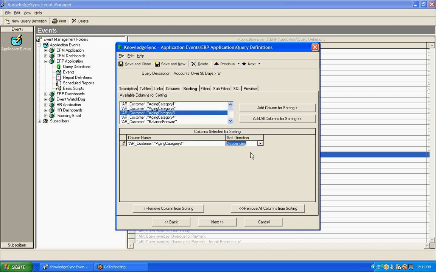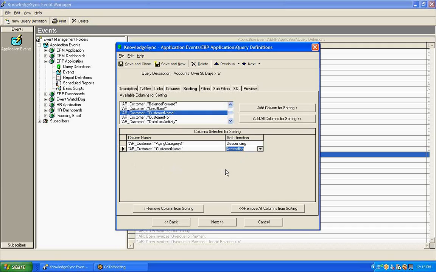in a descending order. Now, you can choose multiple fields for sorting. So, for example, if I have multiple customers that have the same over 90-day balance, I might want to sort those customers perhaps by customer name. In this case, chosen in ascending order, so customers with the same balance will be listed in alphabetical order according to the client's name. For my purpose right now, I think I'll choose those two fields for sorting,